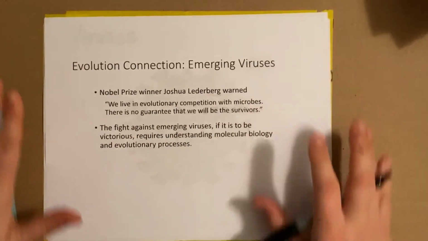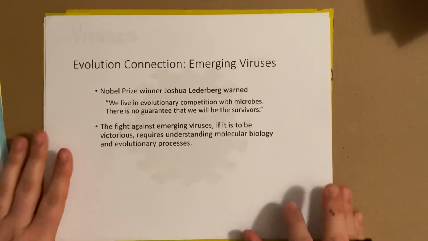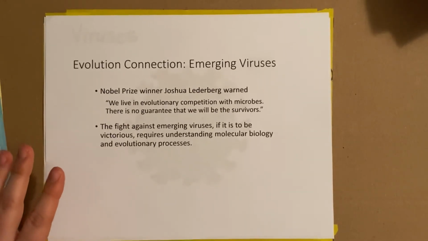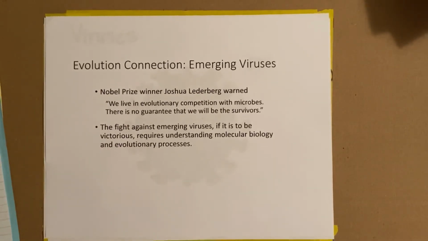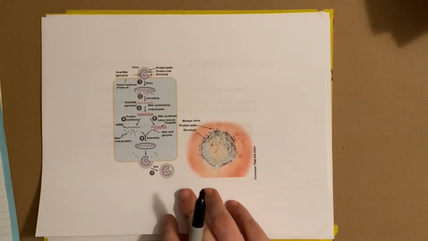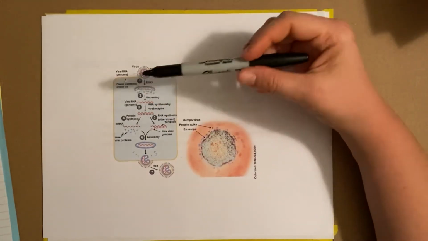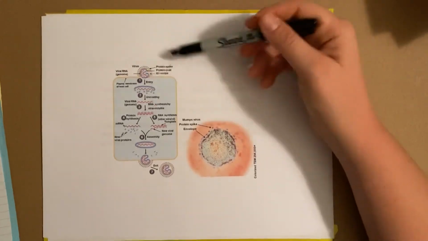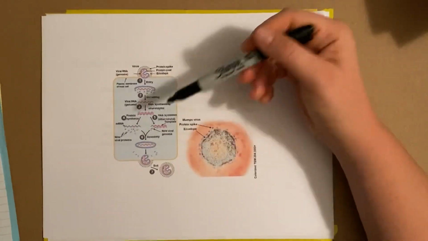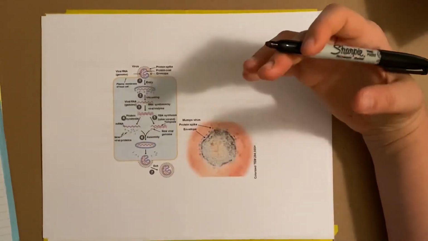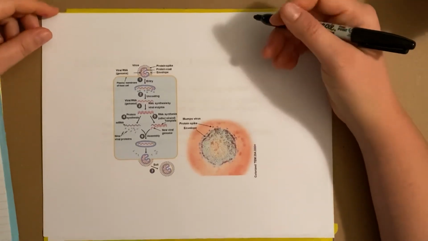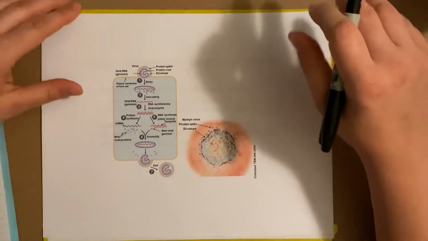All right, so this is a little bit about viruses. I do suggest really looking into the coronavirus and using that as one of the science summaries. There is some information about how they hijack the system of the host cell, but we're not going to worry too much about that. The main thing to know is that viruses depend on host cells in order to be able to replicate themselves. Okay.